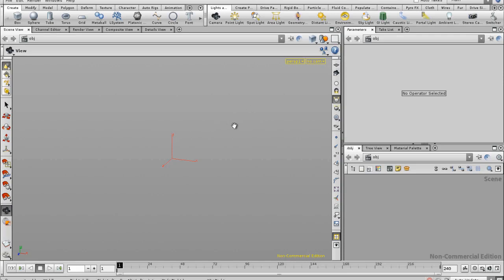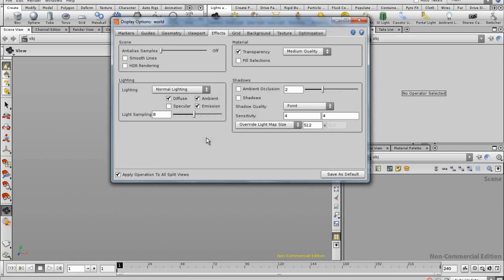The one last thing that I'm going to have you do here is there's currently no lighting in the Houdini scene. And until you start putting in your own lighting, Houdini uses a default lighting system. And I find that the specular highlights are a little bit harsh in that lighting system, and I like to toggle the specular highlights off. The easiest way to do that is just click in the viewport window and press the D key for display